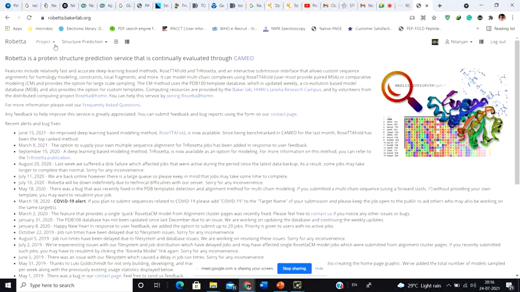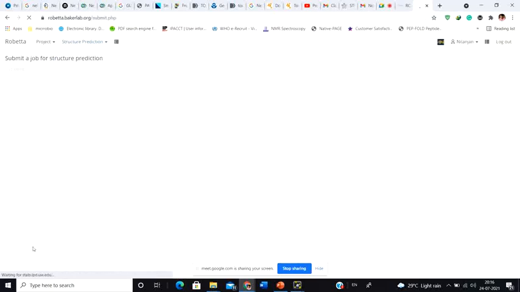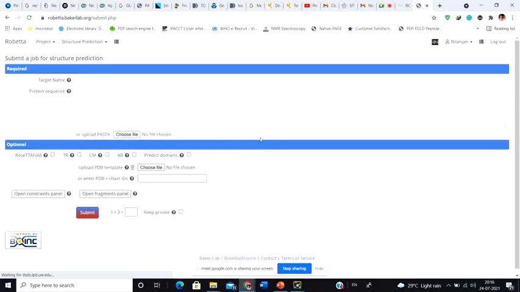So just simply register with your academic email ID, institute email ID or university email ID, and you're good to go. After that, there is an option called structure prediction here. Click here, and then you're going to find the option called submit. Click on submit. Once you click on submit, a submission page is going to open up, and this submission page is going to give you the